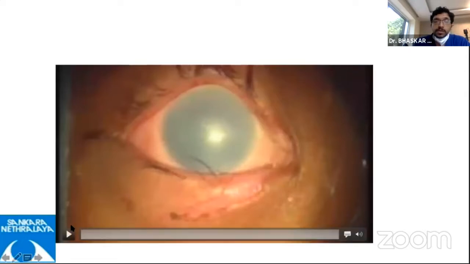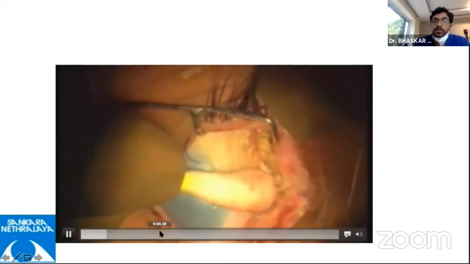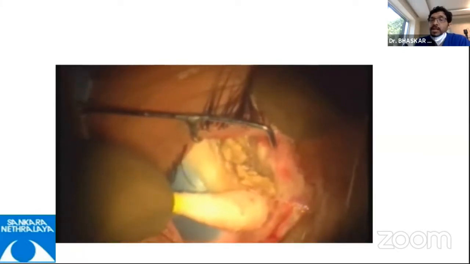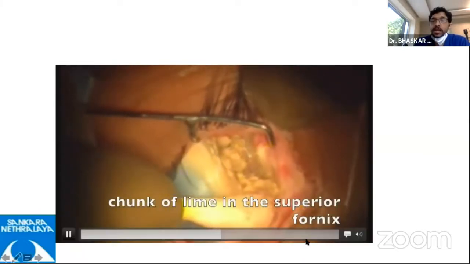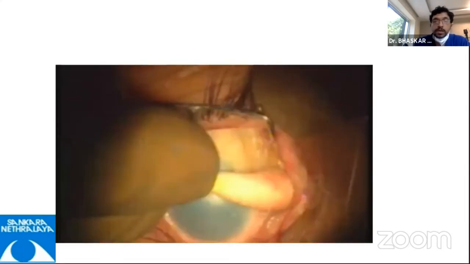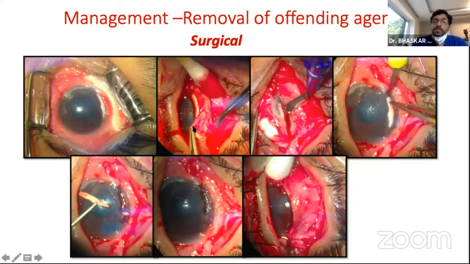So this is a video which is similar to what Devyani and Ramya also showed with respect to the lime particle. For a child, you need to take the patient up under anesthesia, and it might be stuck up in the fornices, which you need to be able to remove. Again, the lime can actually precipitate into the sclera and into the cornea. And if these are lime plaques in the acute phase, you need to remove them.